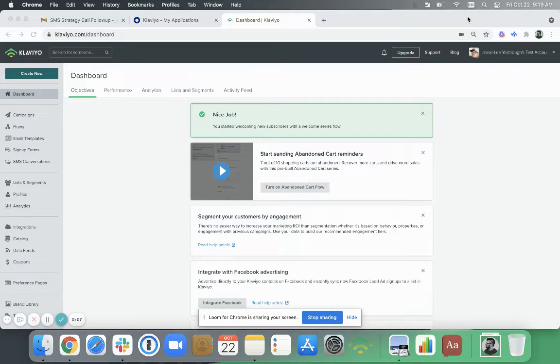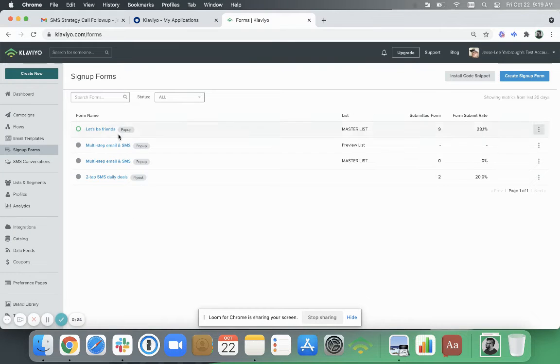Had a customer ask me how we could show a form with an SMS opt-in only to people in the U.S. So let's go ahead and check that out. So sign up forms, we'll go over here. You can do location targeting. Now she was talking about specifically SMS that she wanted to make sure that only the SMS showed to people